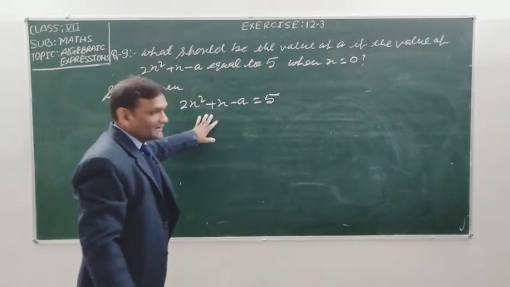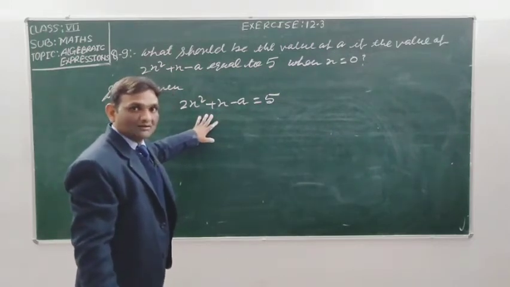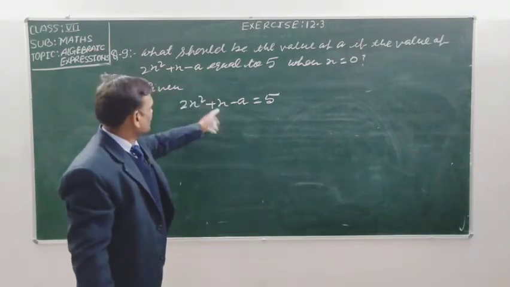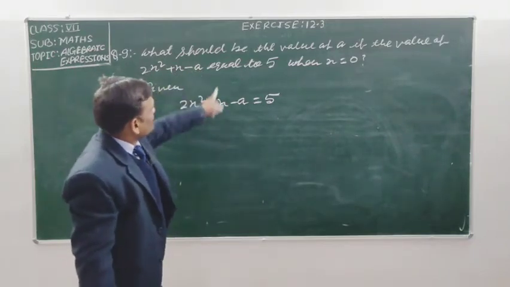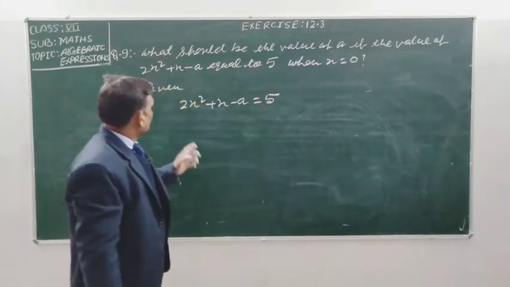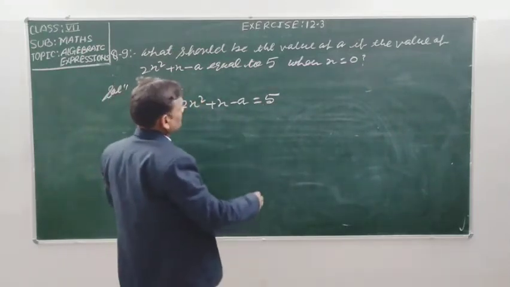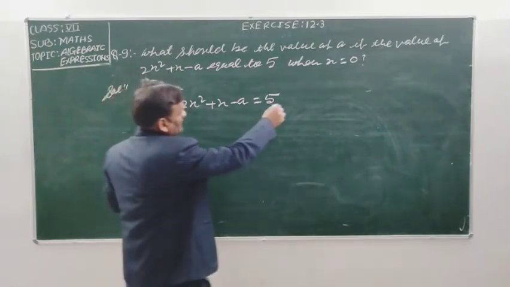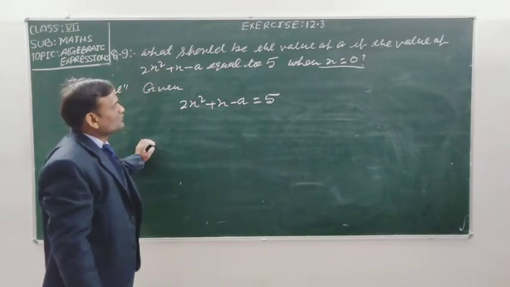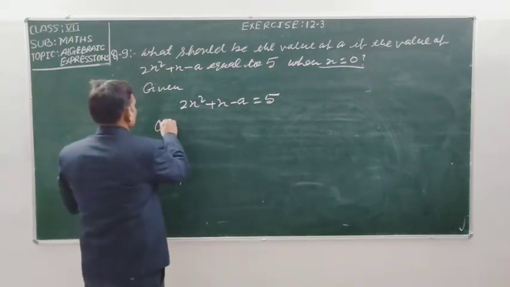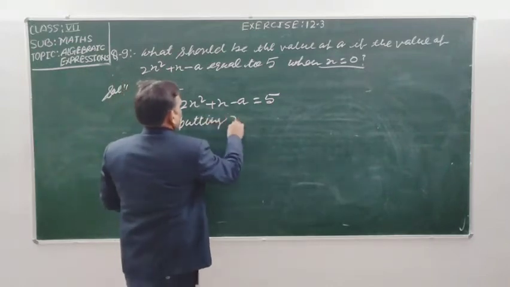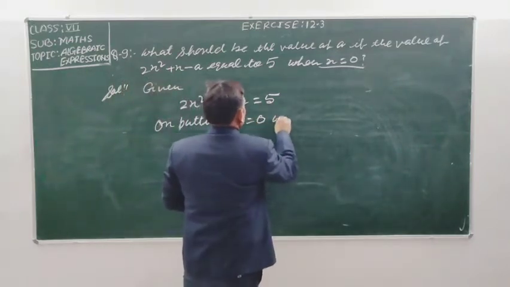I am not writing anything myself, student. Whatever information is given in your question, I am writing that: 2x square plus x minus a equal to 5 and x is equal to 0. On putting x is equal to 0, we get